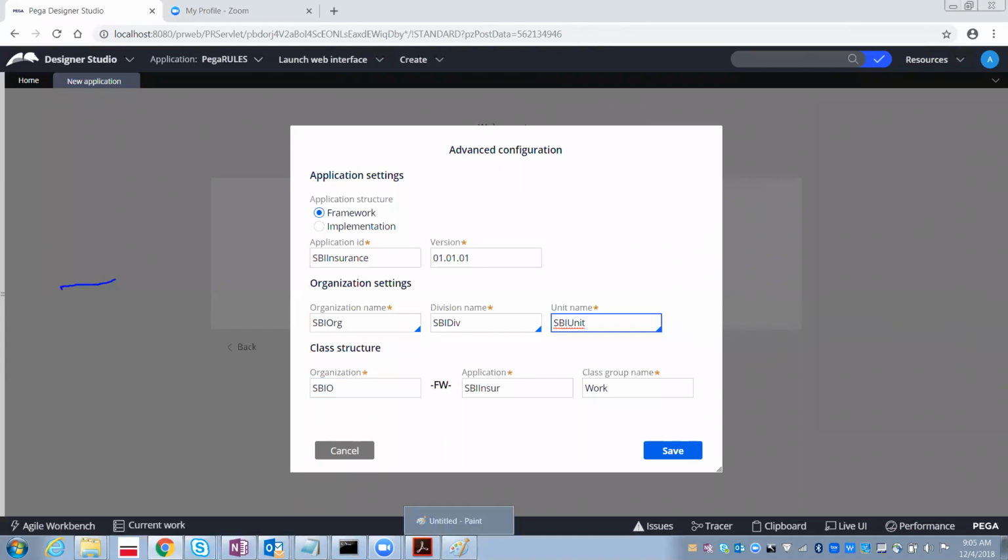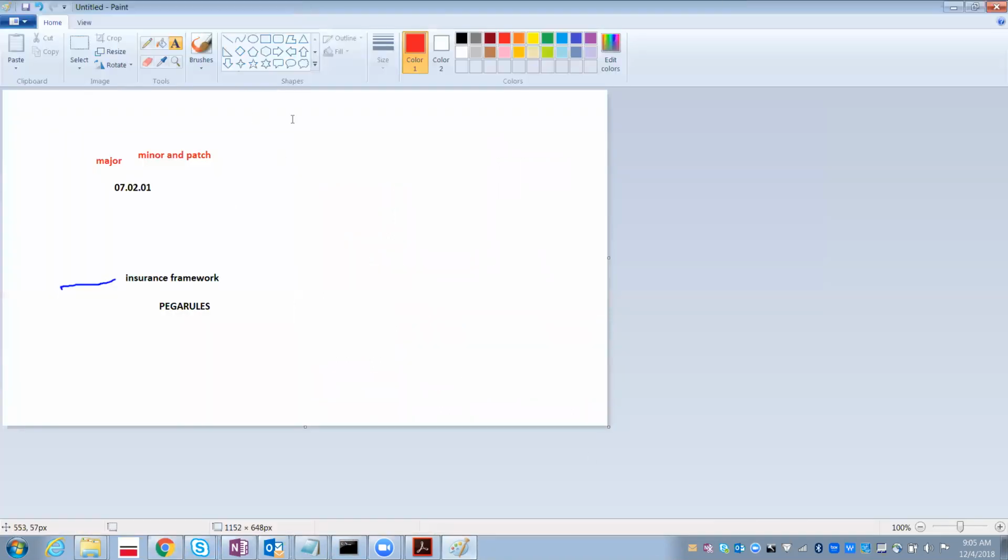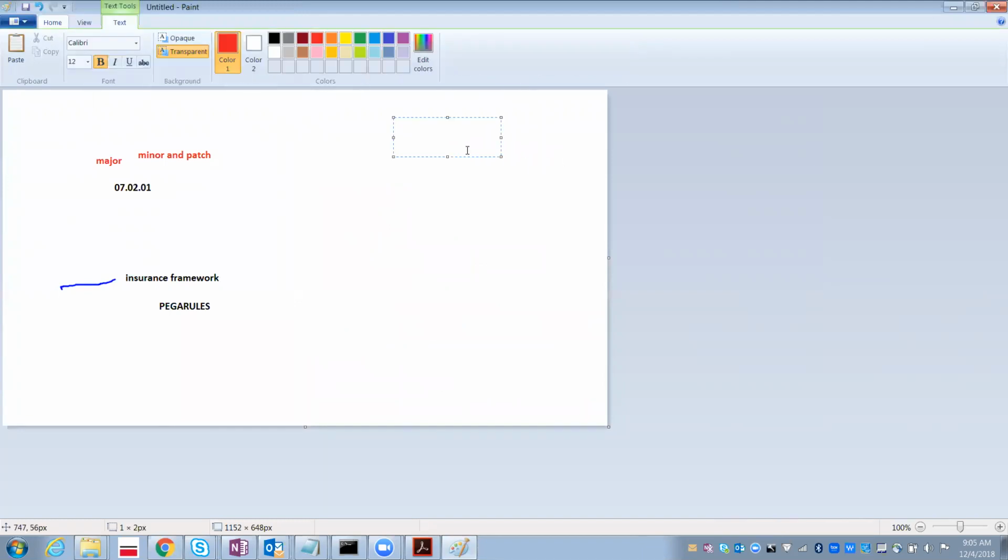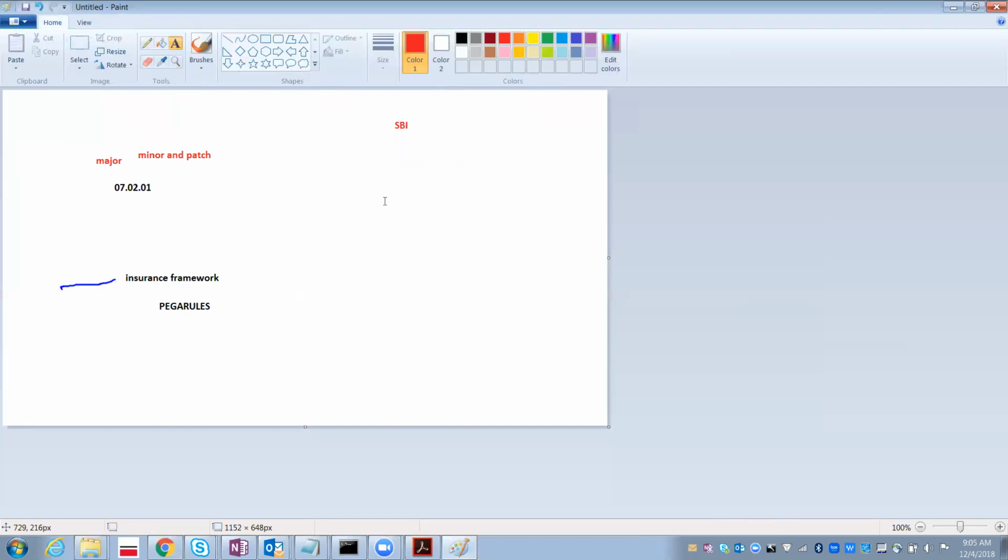How? Okay, again, if you take the organization as SBI, under the SBI, what are we going for? Insurance purpose. So that is called a division, the insurance division.